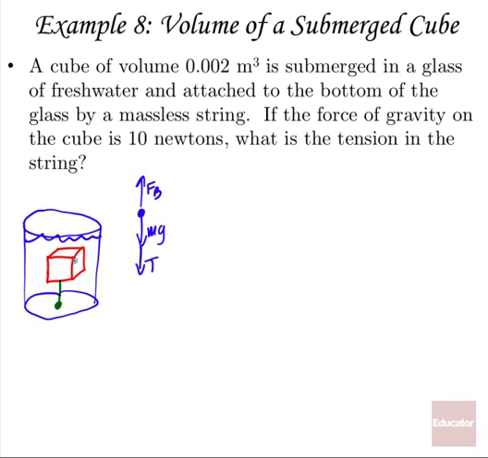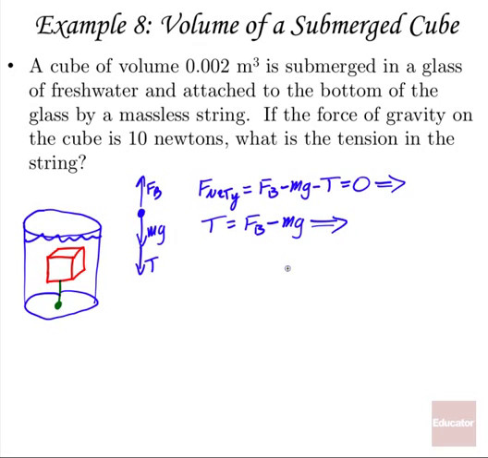And again, because it's just sitting there, it's not accelerating up or down, it must be in equilibrium. The net force must be 0. So net force in the y direction, which is the buoyant force, minus mg minus T must equal 0. Solving for the tension then, tension equals the buoyant force minus mg, which implies then that the tension must be the buoyant force, density of our fluid, times the volume of the fluid displaced, times g by Archimedes' principle, minus mg